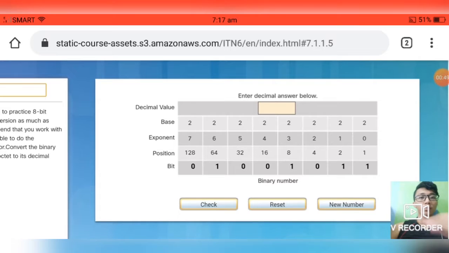So first we have here the decimal value, the base, the exponent, the position, and the bit. We need to enter the decimal value. For us to identify the decimal value, all we need is to look at the bits that have a 1 here: 0, 1, 0, 0, 1, 0, 1, 1. For all that have a 1 mark, we need to add